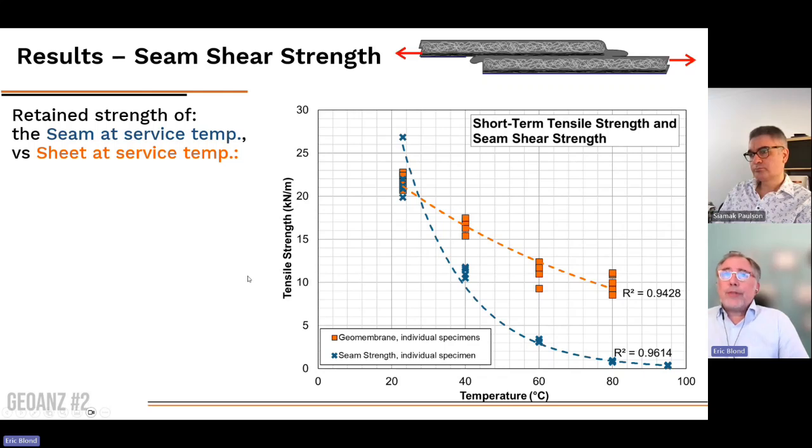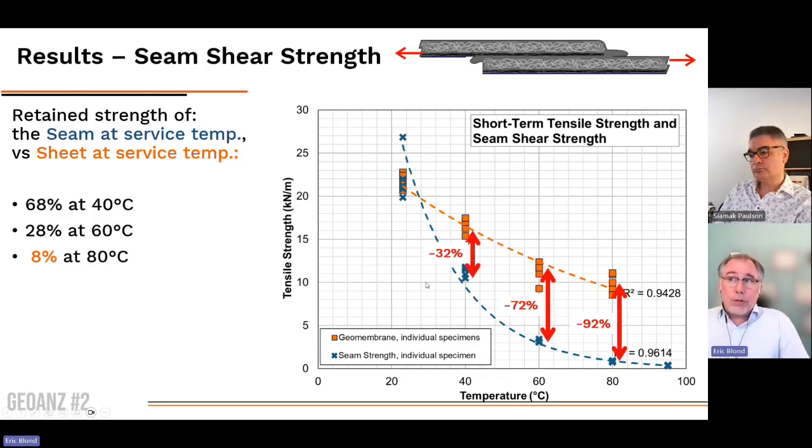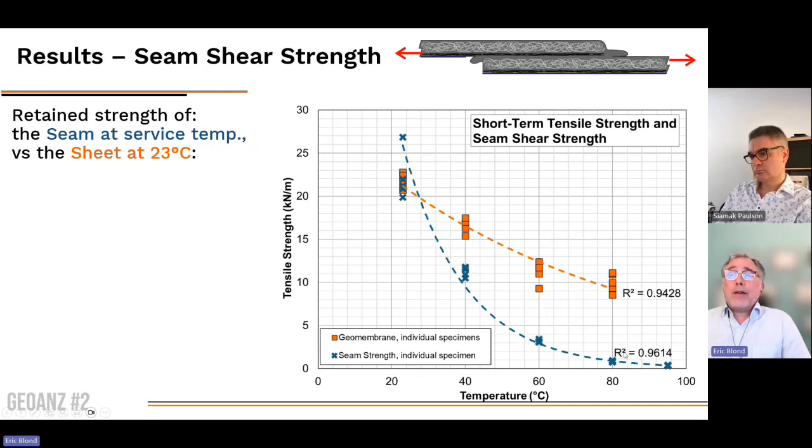And what we observed here is the reduction that we have compared to the sheet strength at that temperature, not the initial strength at that time. And we still observed a reduction of strength by about 30% at 40 Celsius, so 30% additional reduction of strength, 72% at 60 Celsius, and over 90% reduction at 80 Celsius. So that was really a very steep reduction